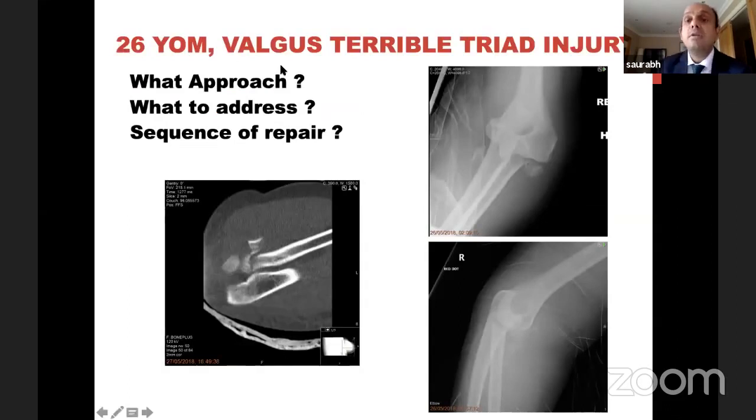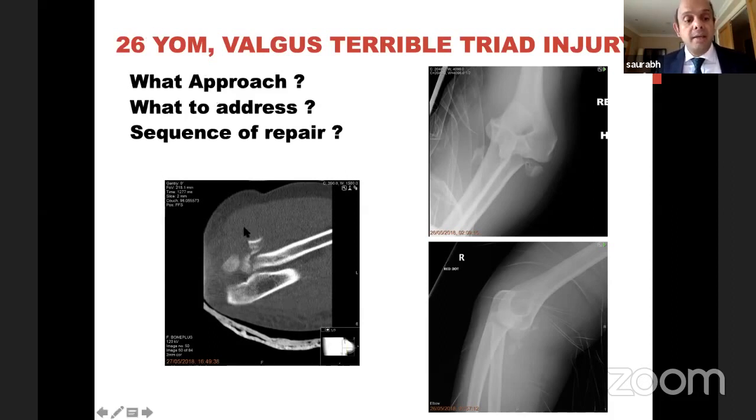So what we have done so far is we have discussed three medial approaches, and we said in exam we'll say Ring approach, which is approach through the bed of FCU. We have seen three lateral approaches. For exams, we'll only stick to Kocher. We have seen how to fix all the four structures: your coronoid, i.e. capsule, your radial head, your LCL and MCL. So these are the only four structures. So let's see these cases and see if we are able to address these cases.